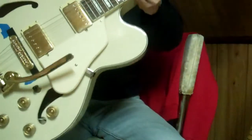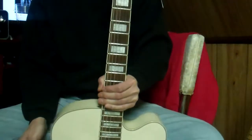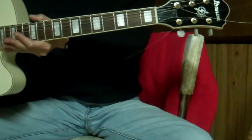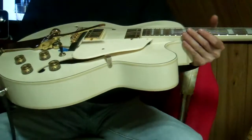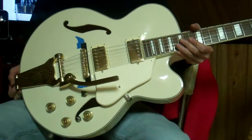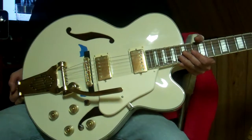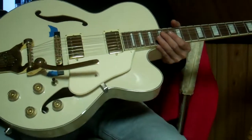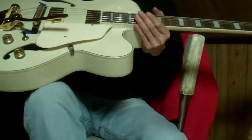Okay, this is my new Artcore AF75-TDG. I don't know if you can see the whole thing. I did the string change on it. The intonation is still off because I haven't had time to work on it. I didn't get the batteries for my electronic tuner, but it's still,